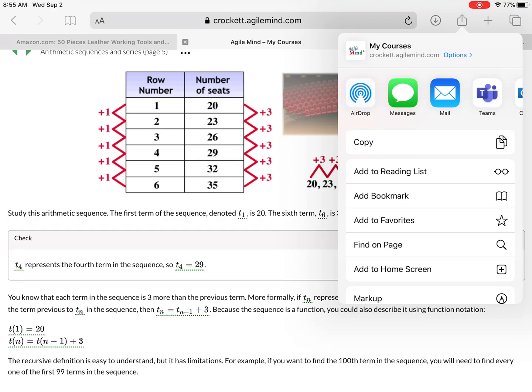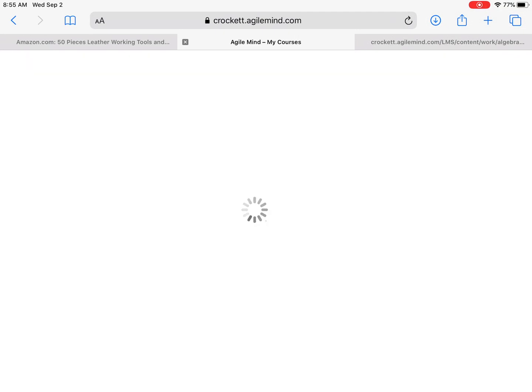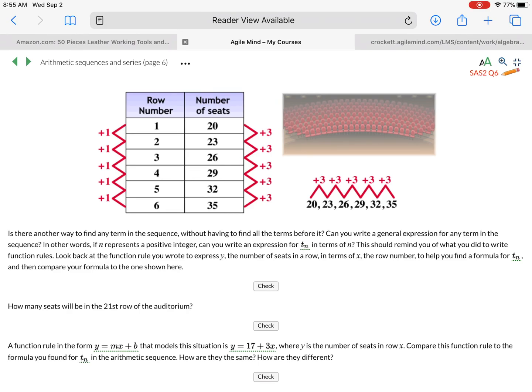The recursive definition is easy to understand, but it has limitations. For example, if you want to find the 100th term in the sequence, you will need to find every one of the first 99 terms in the sequence. So you have to know all terms leading up to what you're looking for. Okay? All right, we're on question 6, okay? On the Agile Mind, it says, is there another way to find any term in the sequence